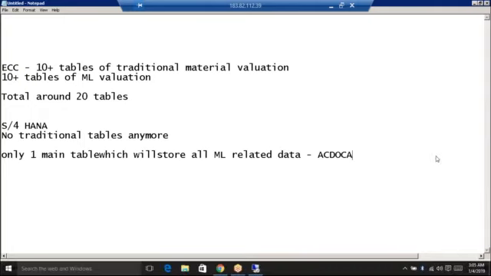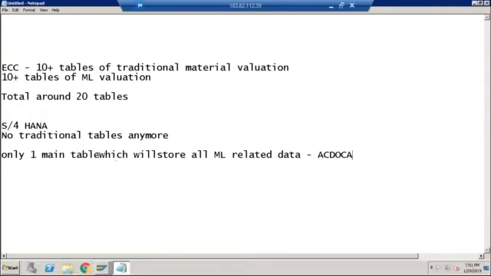Even earlier, material ledger tables were different than the GL table, and that is the reason in material ledger also there were chances of reconciliation issues. So ML is showing something, GL is saying something else. So what is truth, what is false, we don't know. But now with ACDOCA, as we discussed again and again, this is called a single source of truth. So all the information related to ML will also get stored in table ACDOCA.